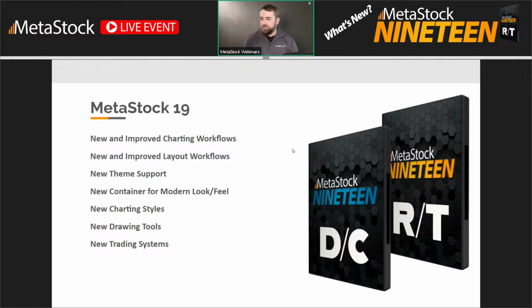But with that said, I'm going to start jumping into some of these new features. So MetaStock 19, one of the biggest things that we did is put in new and improved charting workflows and new and improved layout workflows. I think you guys are absolutely going to love it. I'll definitely be showing you pretty much everything inside of MetaStock too.